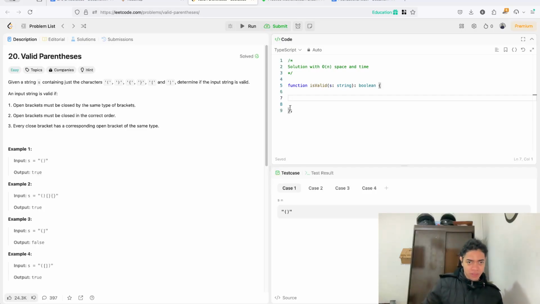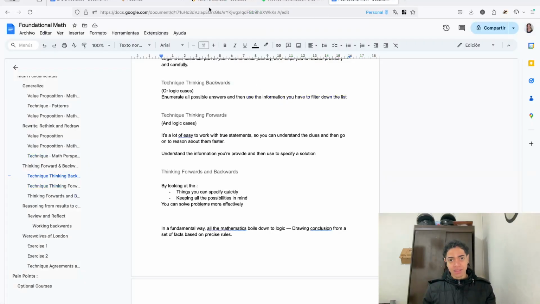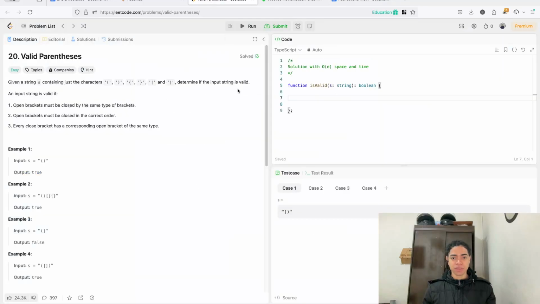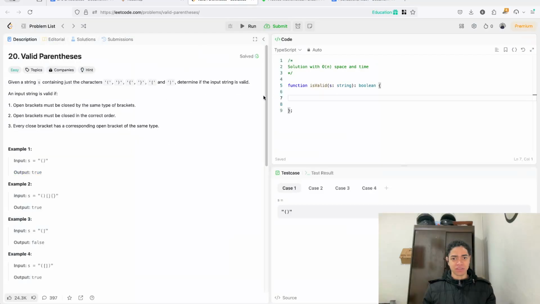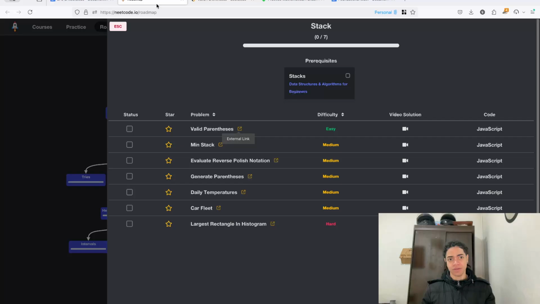But let's go to put it here. By looking at things that you can specify quickly, and then keeping all the possibilities in mind, a lot of the time that's the best way you can solve problems effectively. So in this particular exercise here,